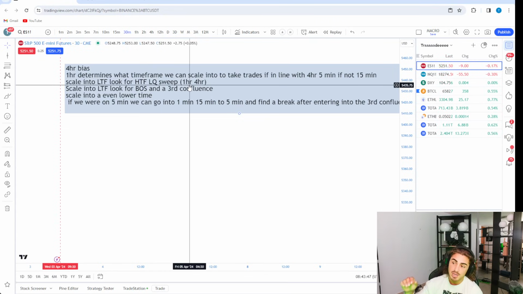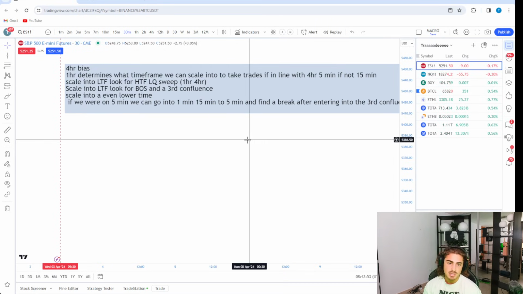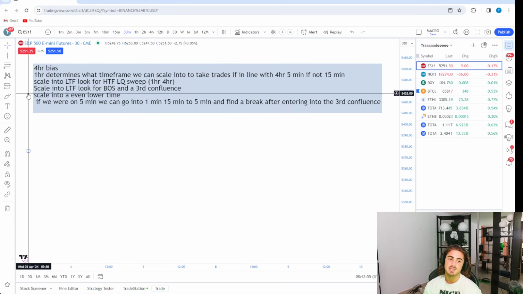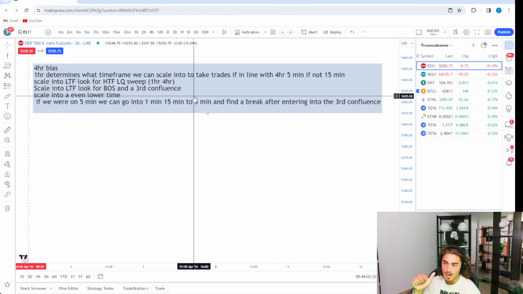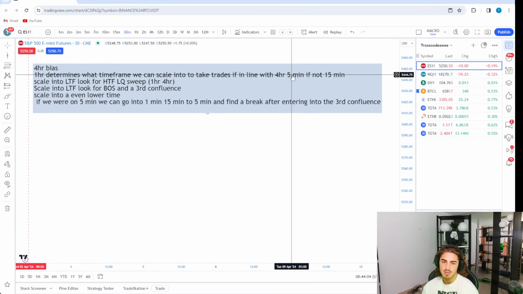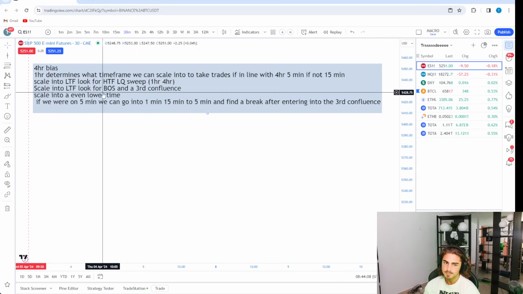So we're looking for liquidity on both the hourly and the 4 hour. From there, we're not doing anything until that liquidity gets hit. Once it gets hit, we can scale into the lower time frame and look for a break of structure. Again, if the 4 hour and hourly are in line, we're going to the 5 minute. If the 4 hour and the hourly aren't in line, we're going to the 15 minute, looking for a break